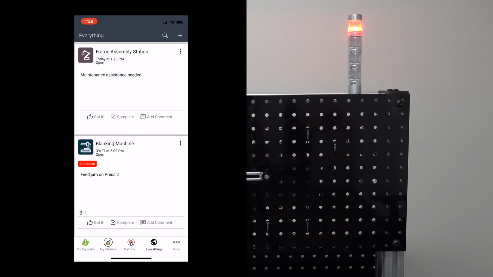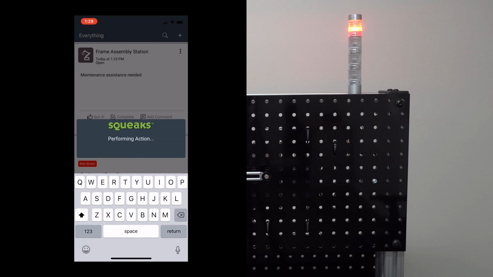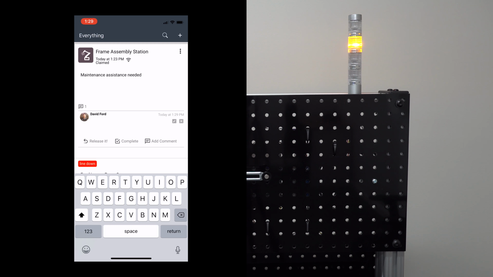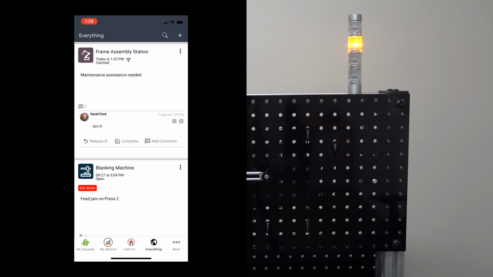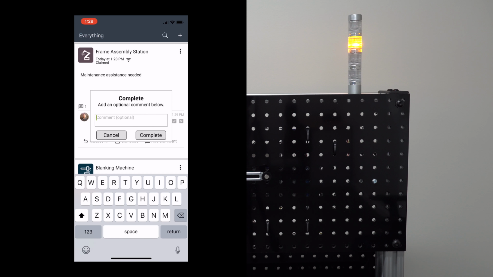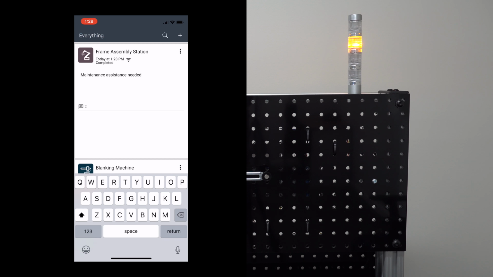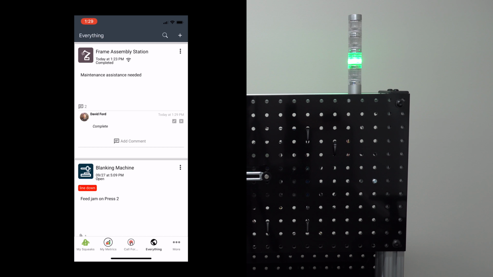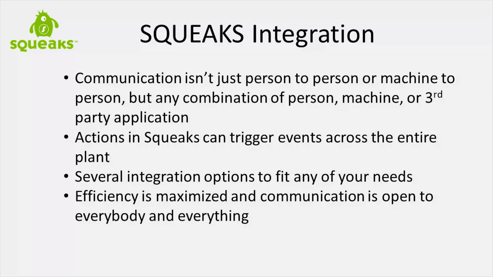The stack light starts out red as it always has, but now, as the squeak is claimed, the light turns yellow, letting the operator know that somebody is on the way to help. Likewise, when the issue is resolved and the squeak is completed, we can process that event and turn the light to green. These are just a couple simple examples of how third-party applications can integrate with Squeaks to improve communication